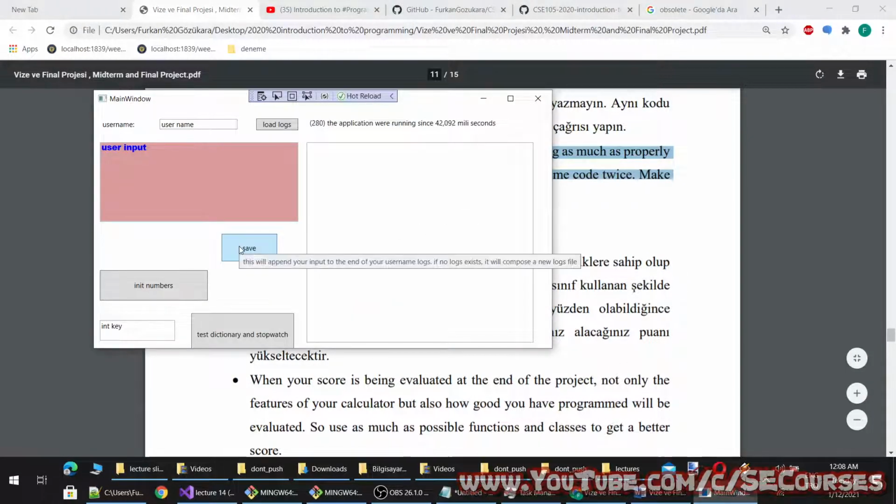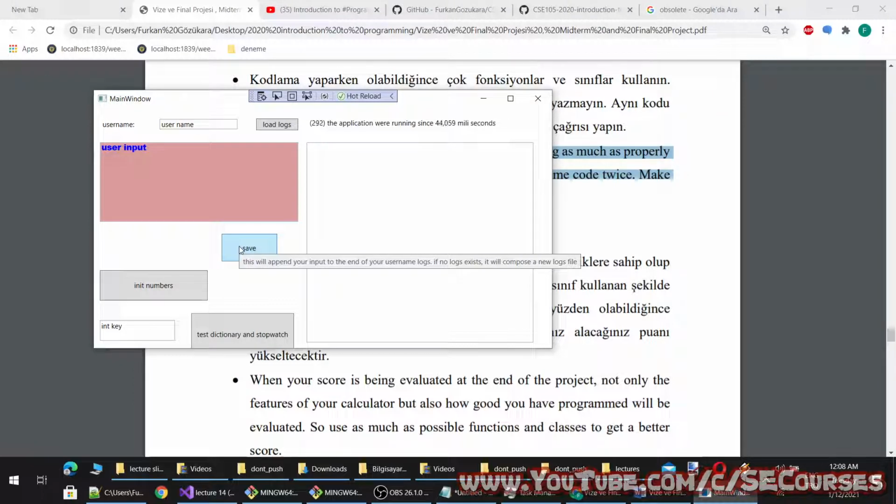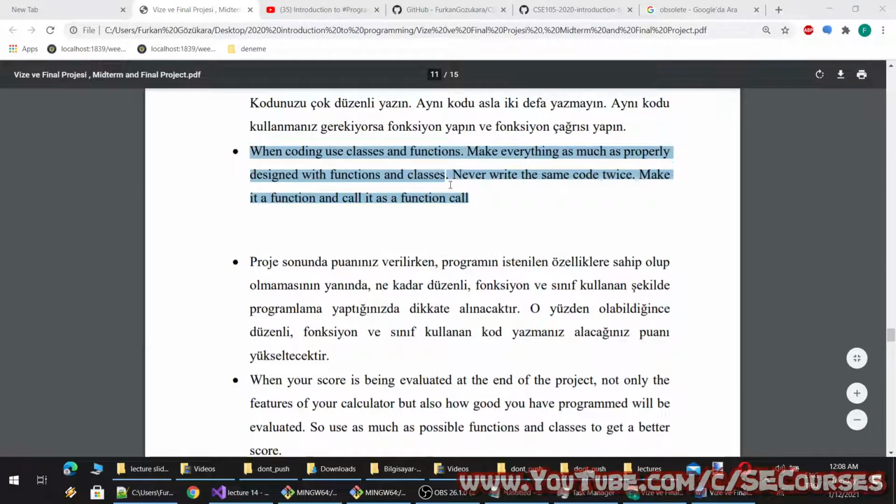Okay, when I hover my mouse, you see this will append your input to the end of your username logs. If no logs exist, it will compose a new logs file. So this is the tooltip. So the functions here are actually methods.